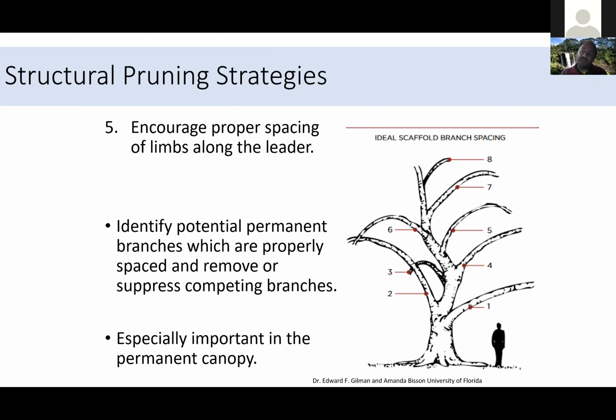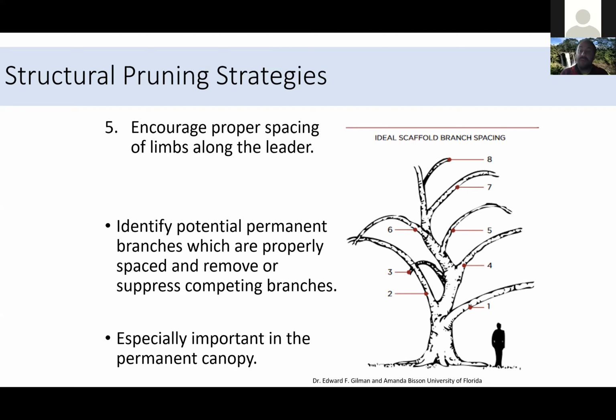We care about spacing mostly in the permanent canopy of the tree. Spacing is not super important to us below the permanent canopy. So in a young tree, spacing and shape is not so important. We really care about spacing with the permanent canopy, right? Because in the young tree, all those branches are coming off anyway. So if they look good and are well spaced for a few years, we really don't care about that, except if you care about it aesthetically. From a plant health perspective, we don't necessarily care about that.